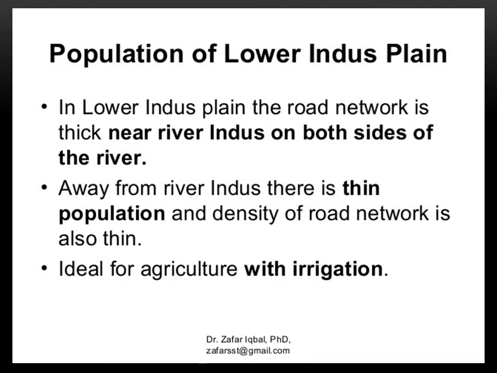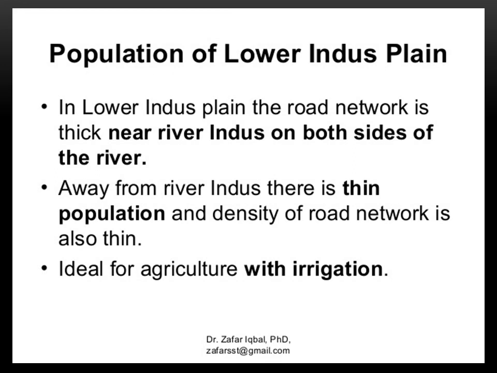The Indus Plain has a number of industries which consume local raw material like cotton textile, sugar mills, chemical industries, etc. The industrial goods have a large domestic and foreign market. Domestic, the local market, like local people can use these products, and the foreign market, like we can export these things. The population density varies from 50 to over 400 persons per square kilometer.